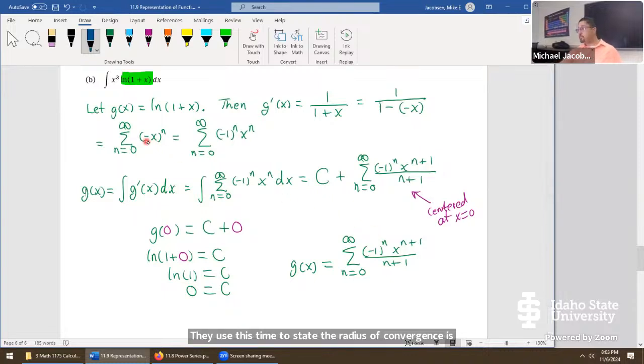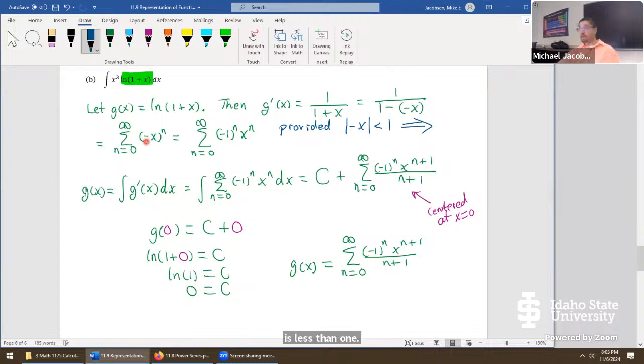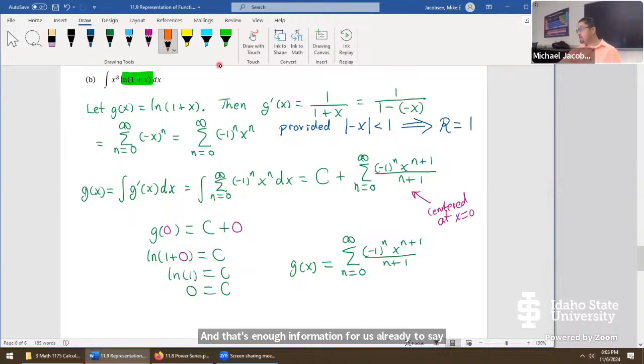This formula worked provided the absolute value of -x is less than 1. And that's enough information for us already to say the radius of convergence is 1. We really don't have to do any further algebra to establish that. So saying that one thing right here and now means we don't need the ratio test to finish off the problem. We can now just say, coming back over here,